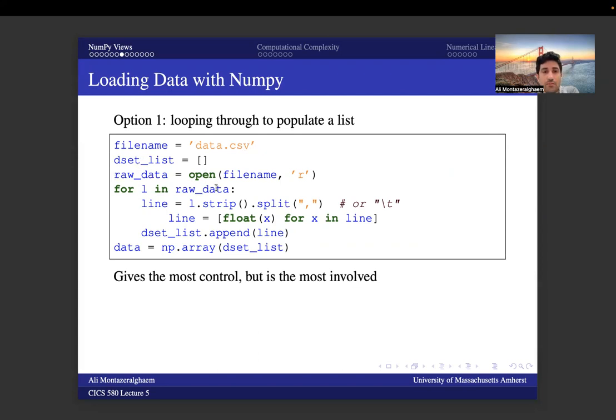So after that, we call the open object to open this file that we have here, and we pass the file name, and then the mode of the open file object is reading, and then we call it the raw data. And for each line in the raw data, at the first we call a function, which is strip parentheses, and then this l.strip removes the end line